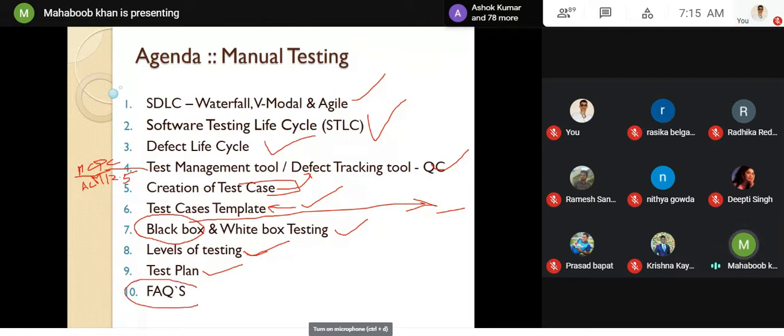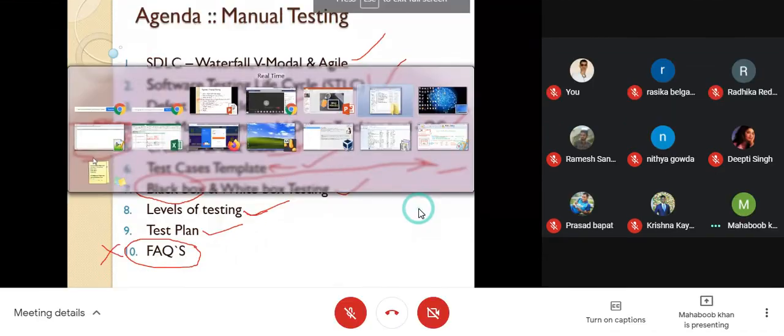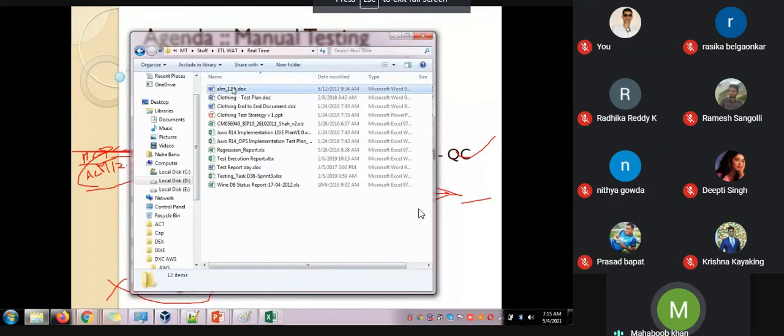Before starting the FAQs and some other things, let me show you ALM 12.5, which is the continuation of yesterday's session. ALM 12.5 is the latest ALM which I have taken for you.